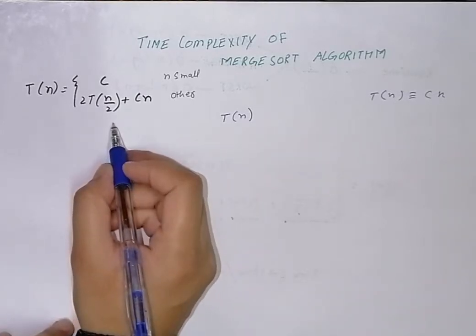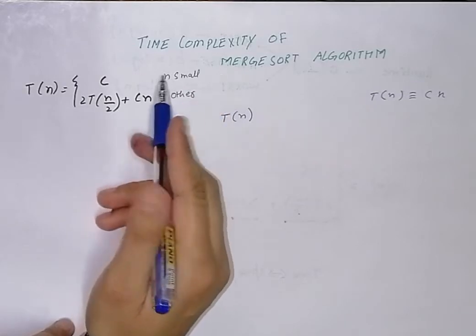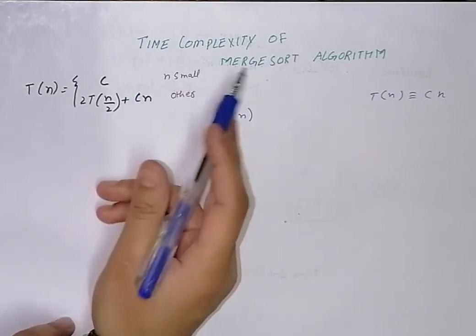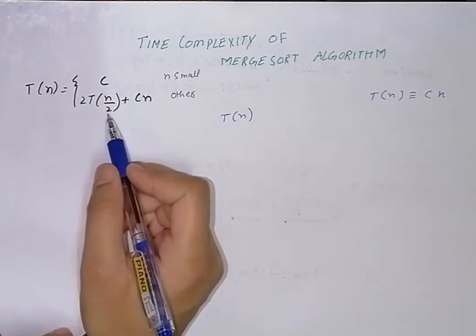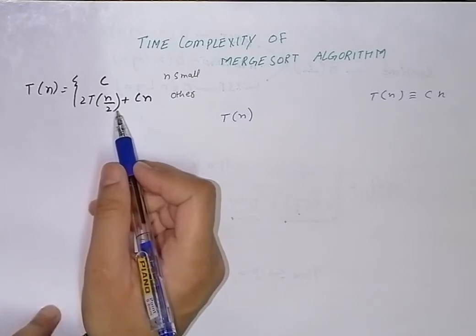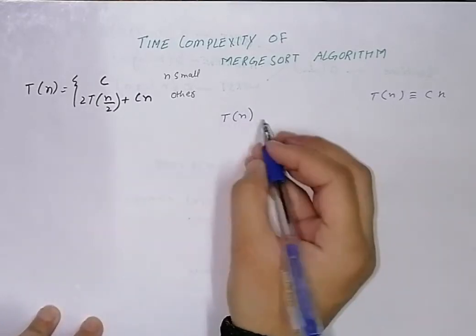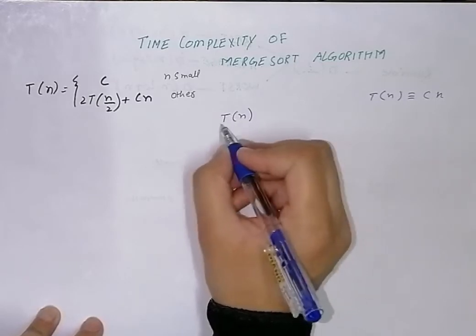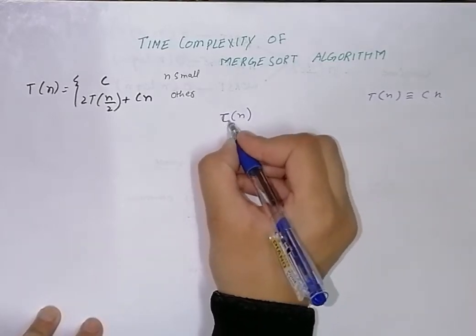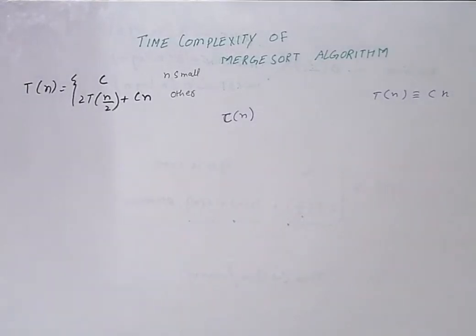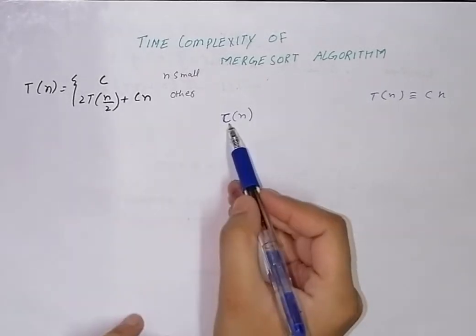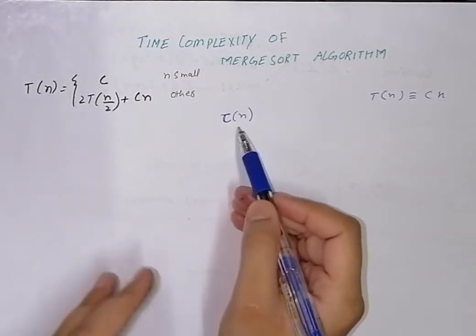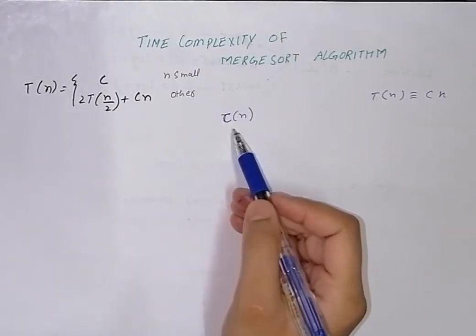Please do visit my other lecture on the merge sort algorithm to get a better understanding of this algorithm and this equation. Okay, so I'm going to write directly, replacing this T of n with C of n. At every step this algorithm performs two tasks: it splits the data and it combines the data.